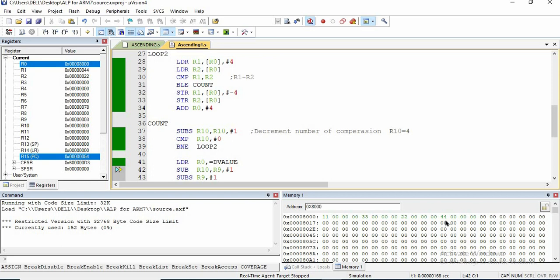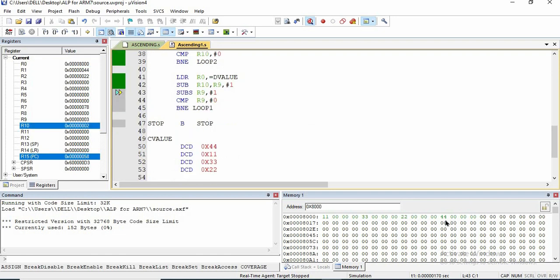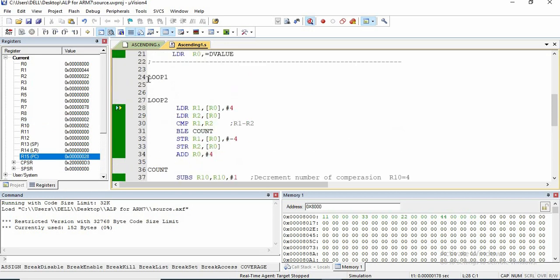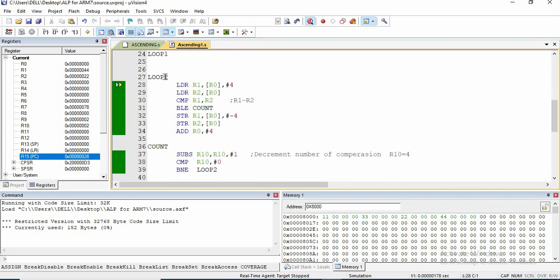I will assign the number of comparisons for second pass, that is 2, and I will decrement the number of passes, and number of passes is not equal to 0, so I will branch this one. So I again came back to this loop inside for loop.